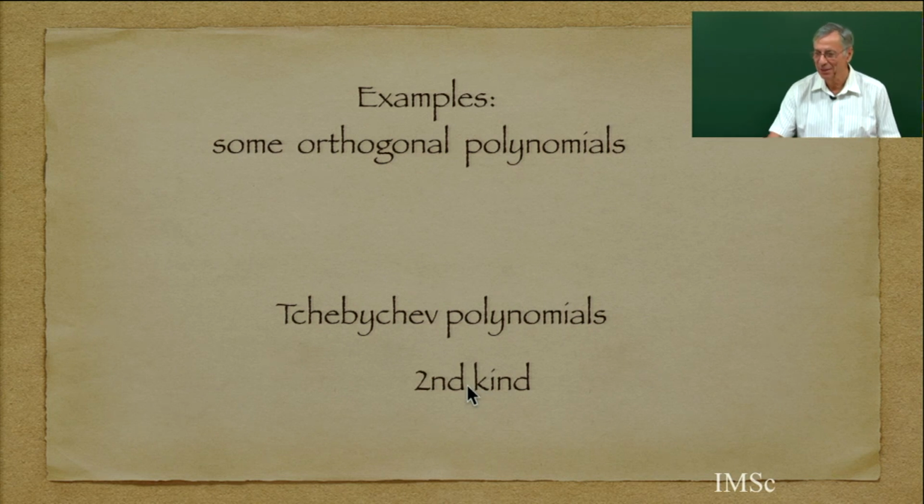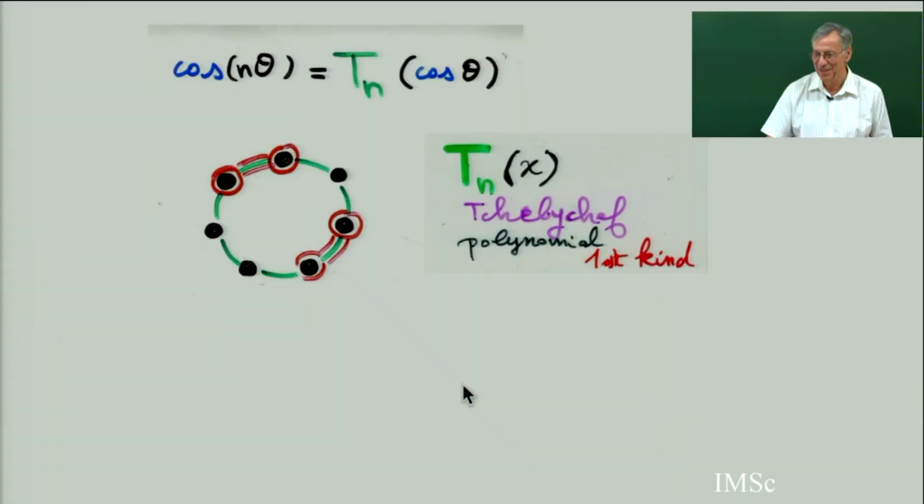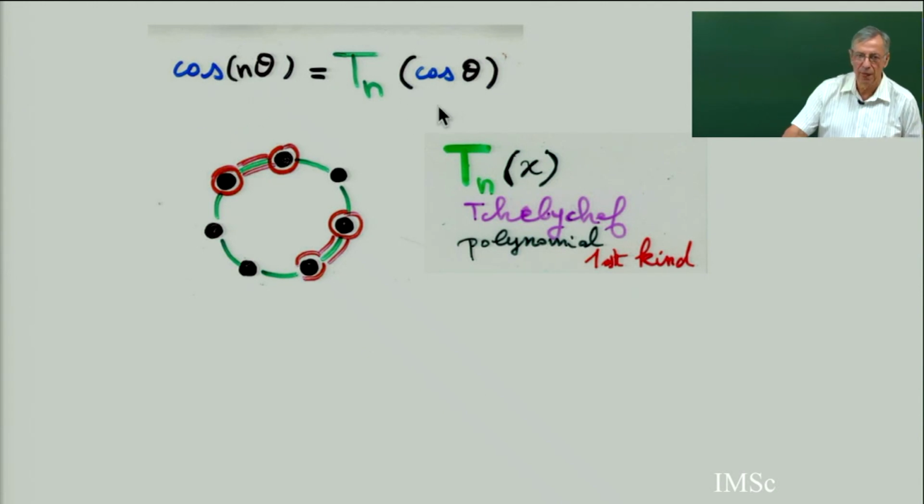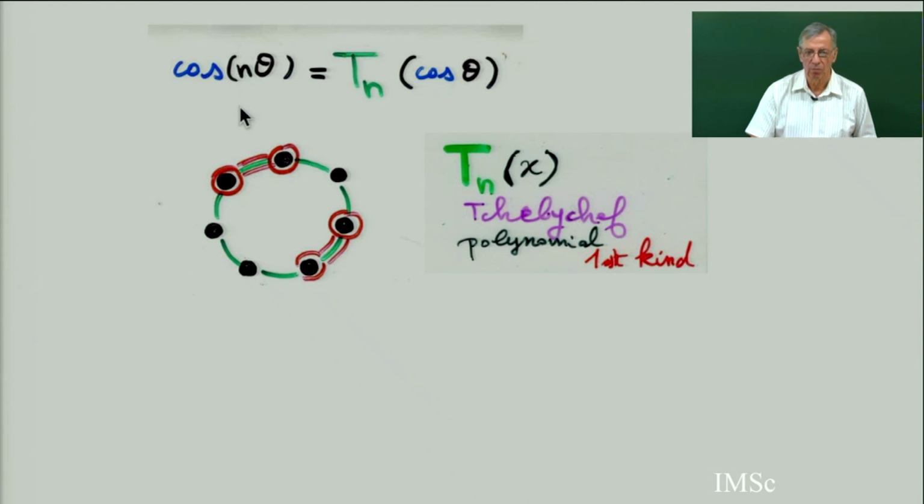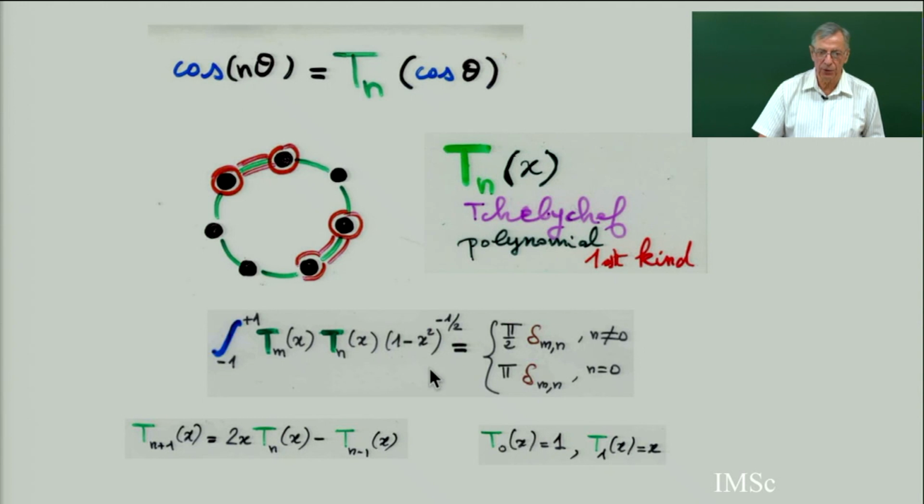So, a second example. Okay, this was Chebyshev of the second kind. Why second kind? Because there is a Chebyshev first kind. Chebyshev's first kind is cosine of n theta equals Tn of cosine theta. Chebyshev first kind can be defined by this. Again, the same way, the same integral, but there is a slight difference. This is a two-term